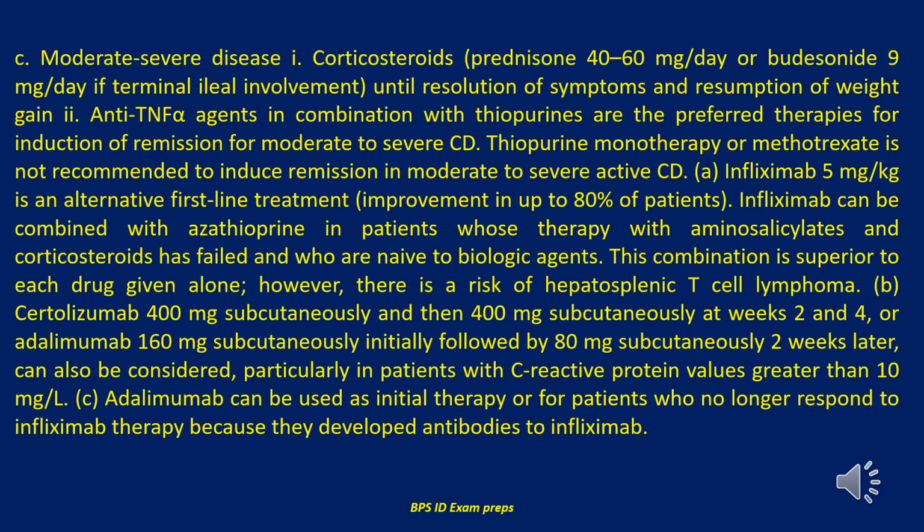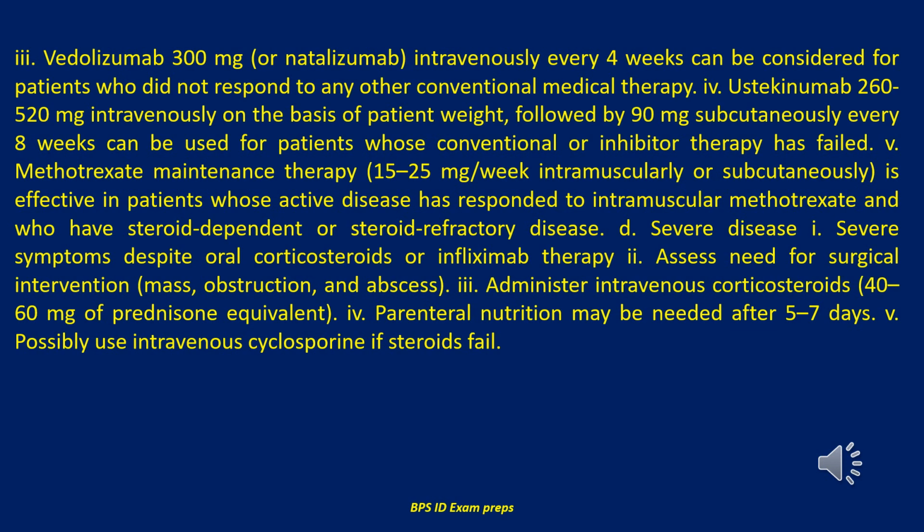Adalimumab can be used as initial therapy or for patients who no longer respond to infliximab therapy because they developed antibodies to infliximab. 3. Vedolizumab 300 mg or natalizumab intravenously every 4 weeks can be considered for patients who did